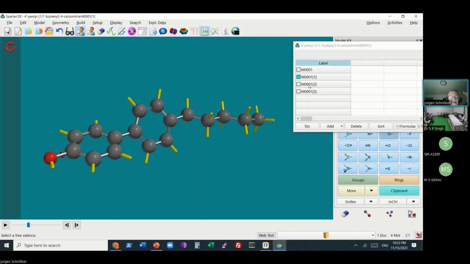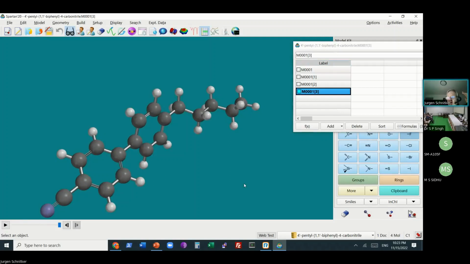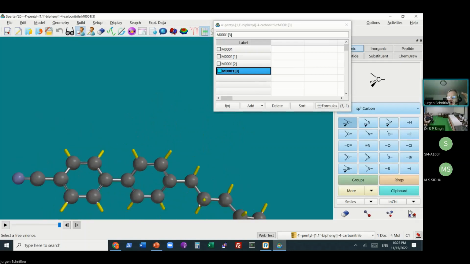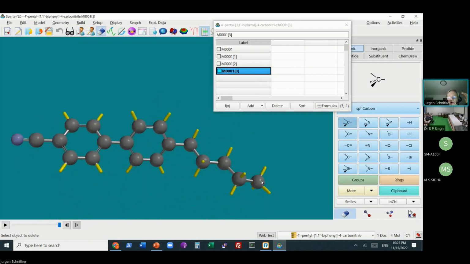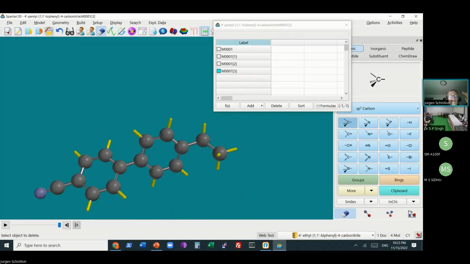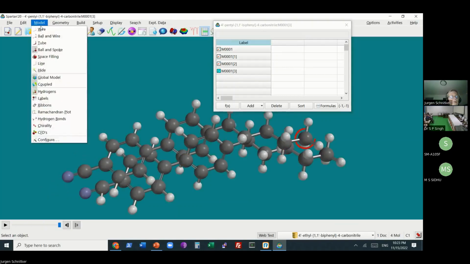And then I will go to the next one and also chop off here and put a fluorine on there. And then I will go here and just completely arbitrarily add a methyl group, or make the chain here, the pentyl chain, shorter. Let's do that. So I'll chop off here from pentyl. I will go to ethyl. Okay, so just 2 atoms there. So I just created a list of 4. I can uncouple these.